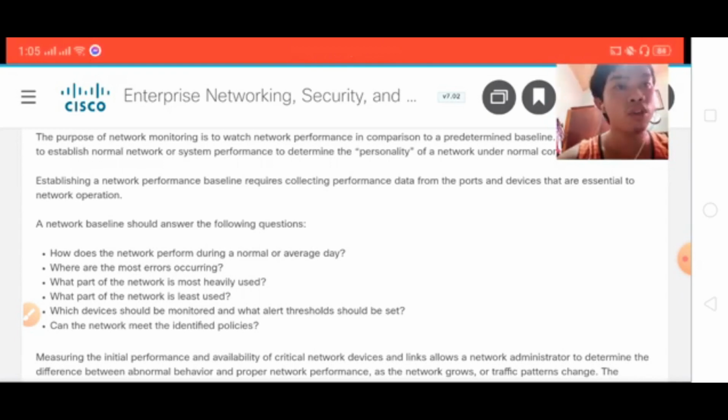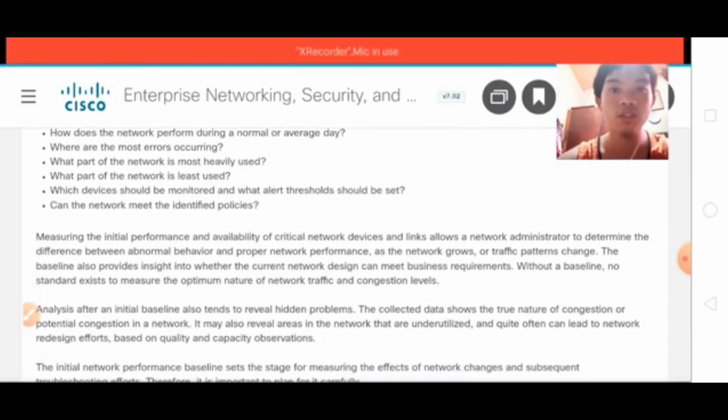So basically it's like a monitoring system in the network, in which it monitors the network with regards to the normal operations as well as the traffic. If there's any traffic or abnormality in the network, you will know that there's an abnormality, and because of that you can respond to that abnormality, so there will be no more problems in the network and it can easily be solved faster. So here is measuring the